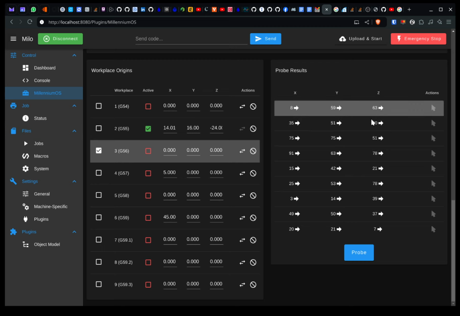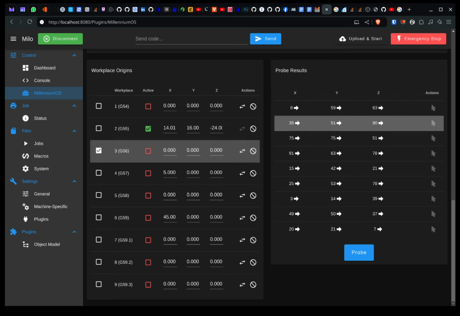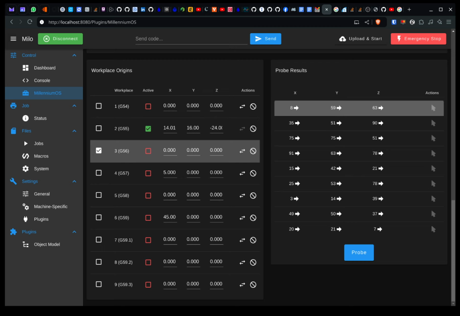Now I'm hoping that we can integrate this probe results setup and the workplace origins setup. So if you're trying to do something more complex, say for example if you're running different types of probe cycles against different surfaces, but you want to use the value on the same coordinate. So say you probe 2 points on the x-axis using a single surface probe, but they're in different directions, and you want the 0 to be the middle point between those two